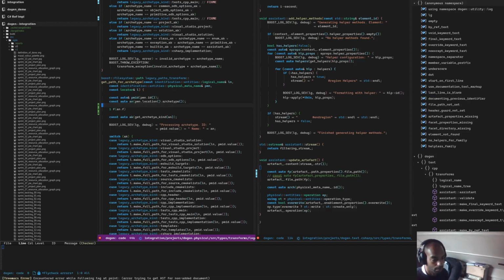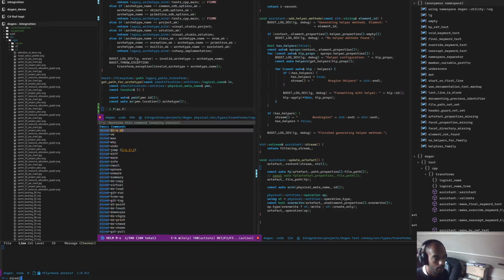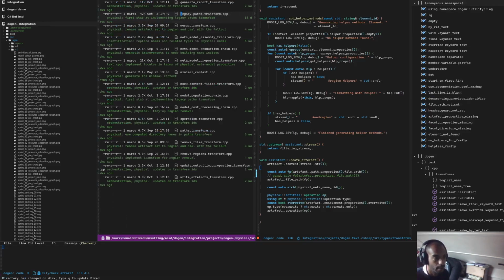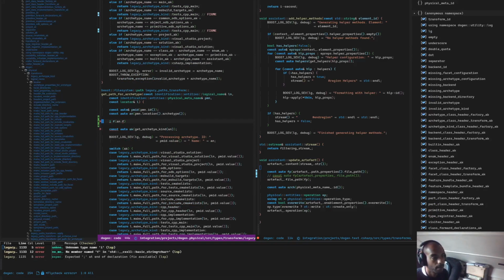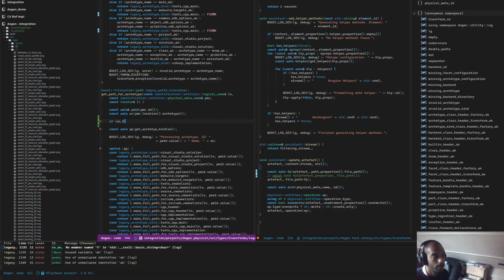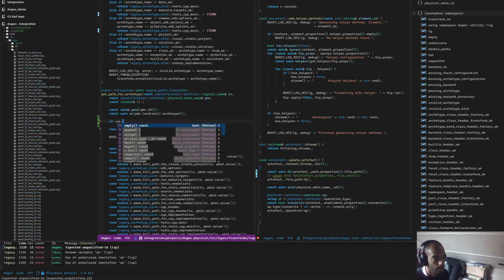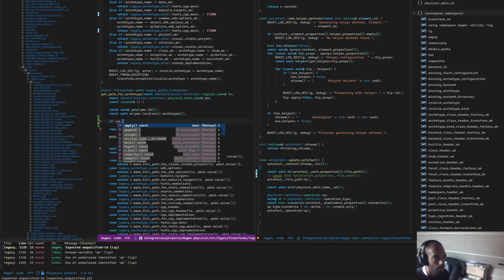Okay. Let's just, this sometimes happens to LSP, not sure why. It seems to get into a bit of a state. You kind of need to open and close the document, and then everything seems fine after that. Right, so what we're trying to do then, we try to say something like if